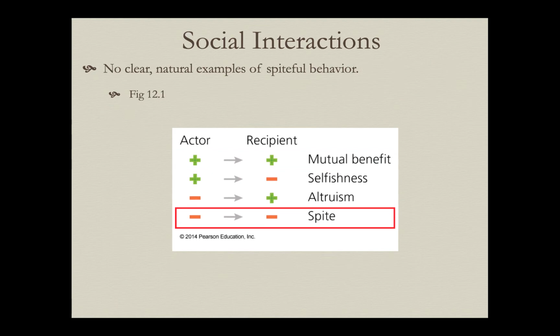What about this interaction, which we call spiteful behavior? A situation in which you do something to hurt someone else's fitness, even though it hurts your fitness. Well, this is not evolutionarily stable. There really are no clear natural examples of spiteful behavior, because if you think about it, how would a spiteful gene, an allele at some locus, that causes that behavior get passed on? You're specifically doing something to hurt some other individual's fitness, but it also hurts your fitness. So it hurts the chances that that very specific gene for that behavior is even going to make it into the next generation. So this is not evolutionarily a stable behavior.